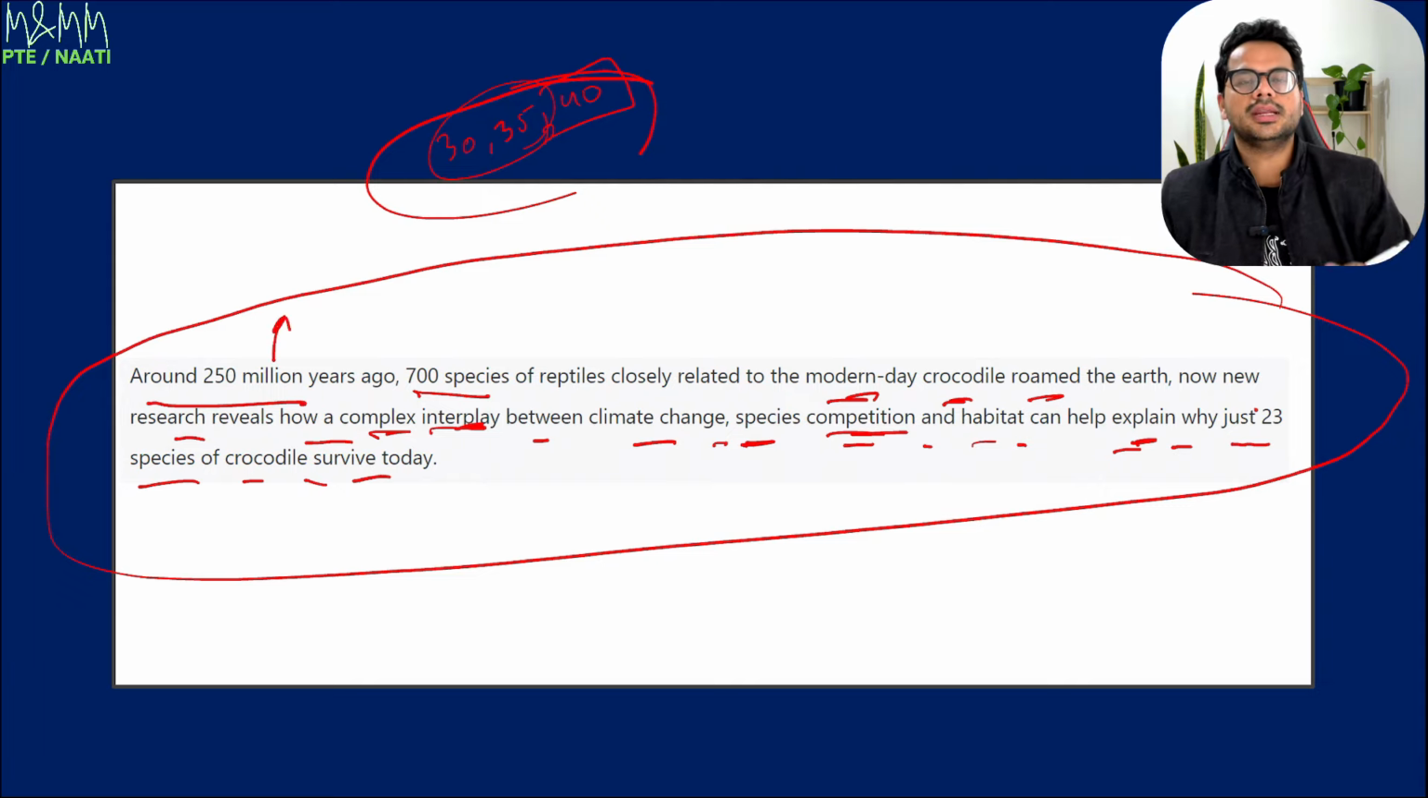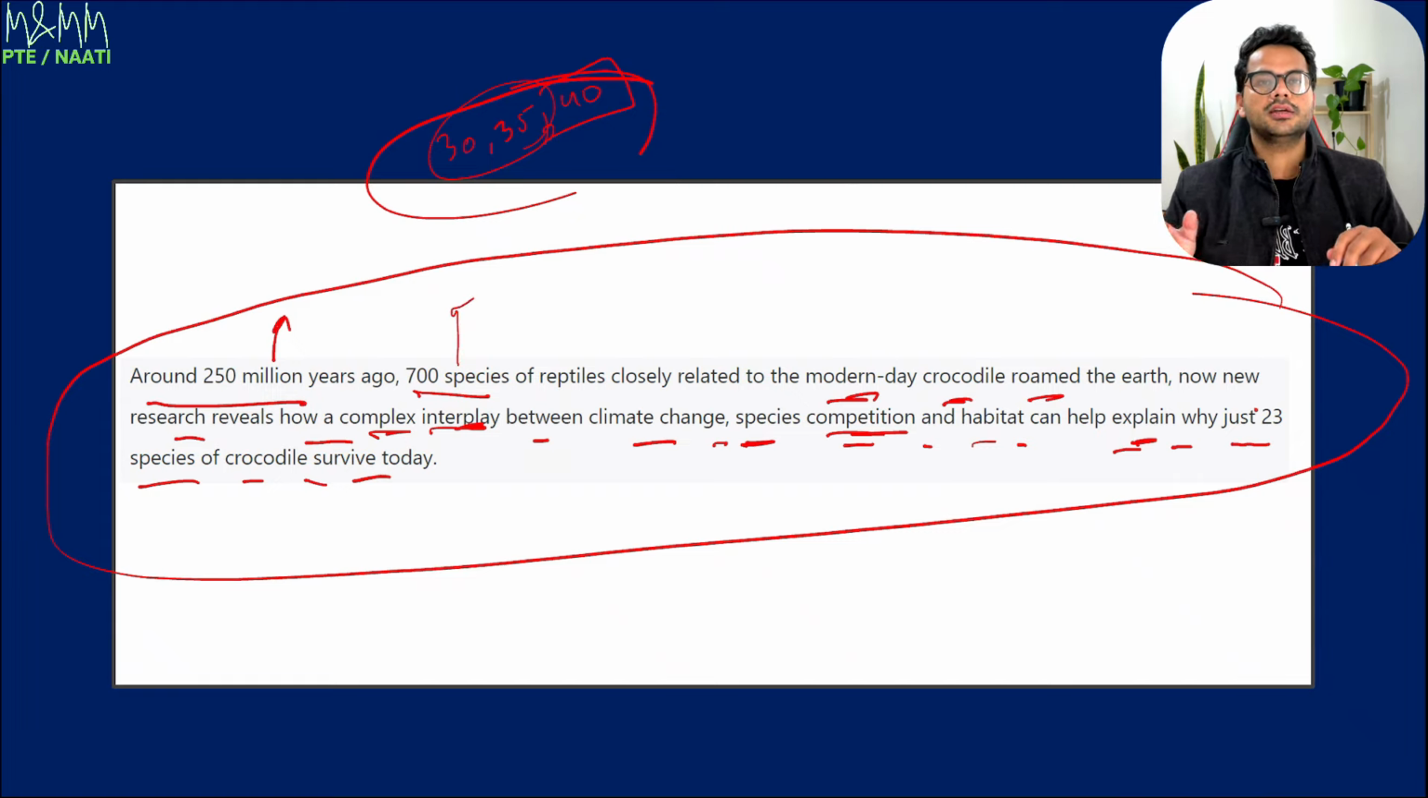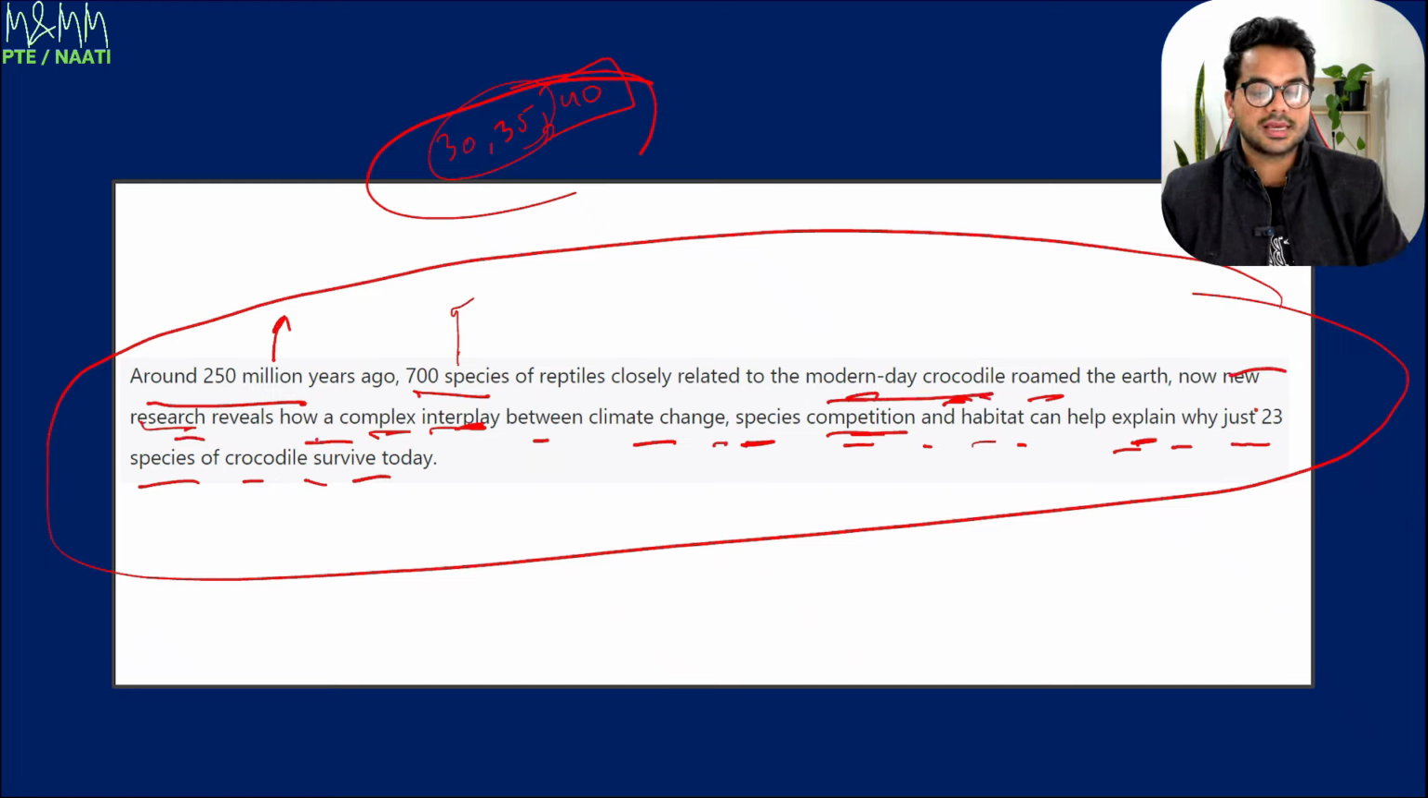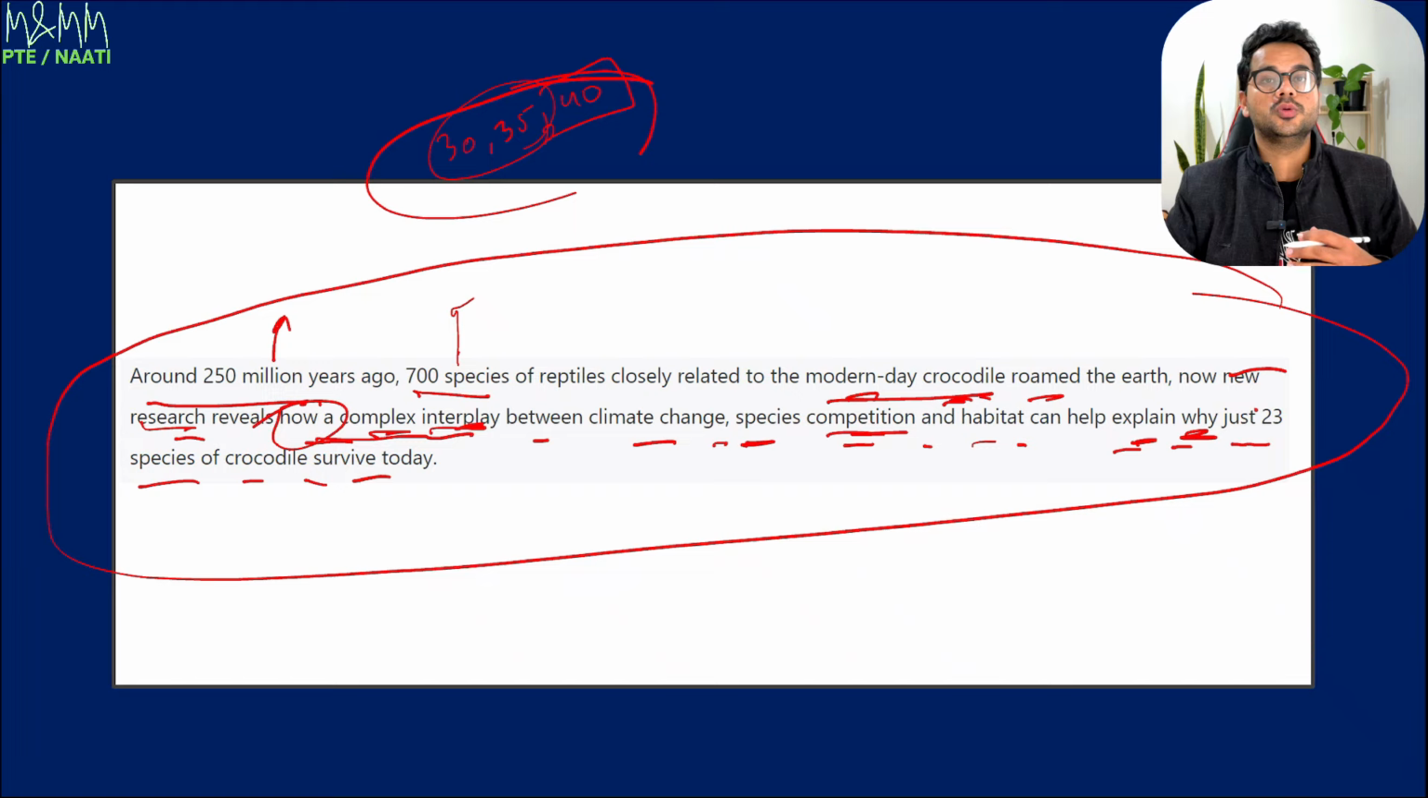Words like 250 million years ago. Now that's an important keyword and a big number, so I will raise my voice on that. 700 species. Instead of saying 700 species, I will say 700 species. So I will take my voice slightly louder on those. This modern day crocodile. New research reveals how. Any type of these questions, why, how, I am going to have